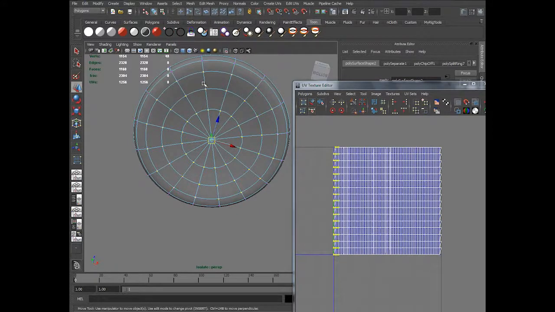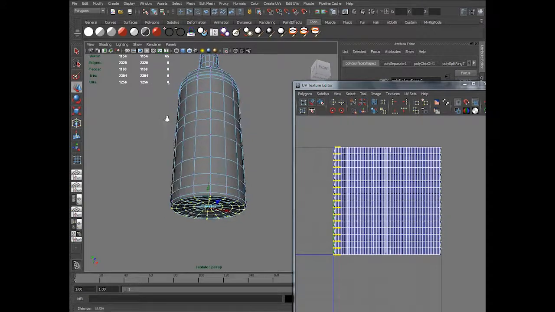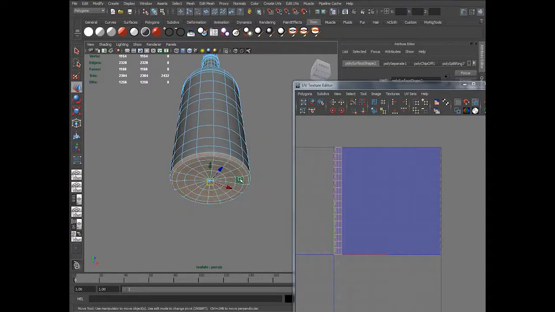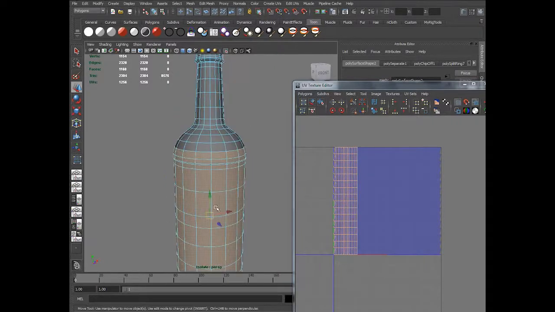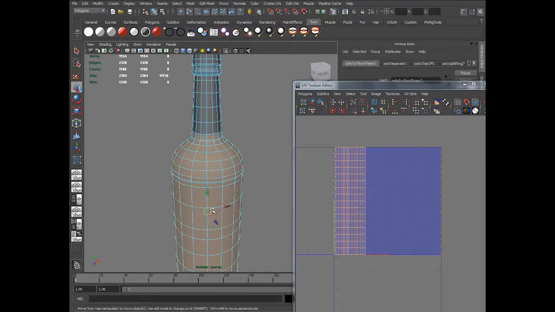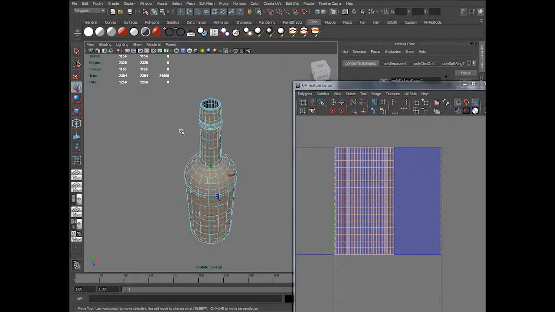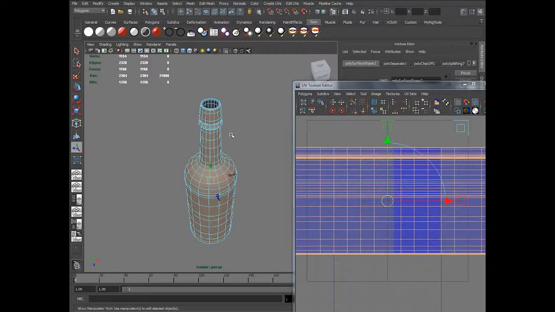So I'm using that. I could even convert this particular selection into faces, and still I could grow that selection. So that's a nice way to select the faces here, because I can't select this from any of the viewports, because there are some faces inside and some faces outside. So I select the faces up to here and apply cylindrical mapping.